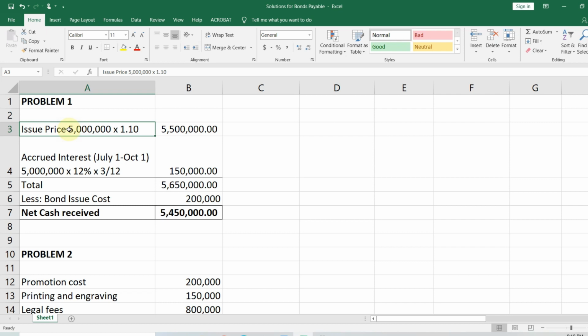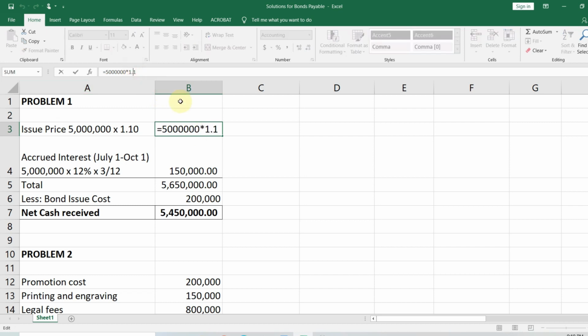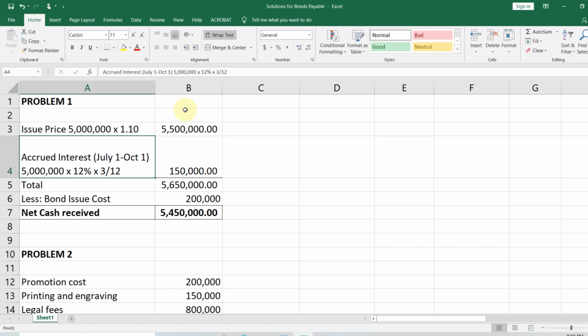Okay, so we have to determine the issue price. That's face amount times the rate. It was issued at 110 on October 1. So 5 million times 1.10, you get 5,500,000. Then, because it was issued on October 1, but its interest periods are actually January 1 and July 1,